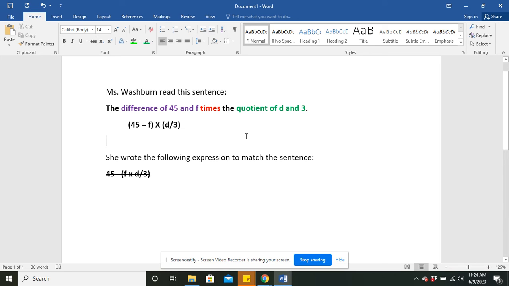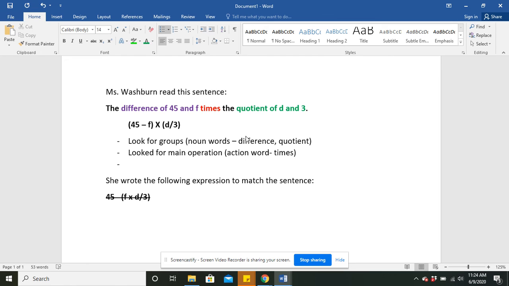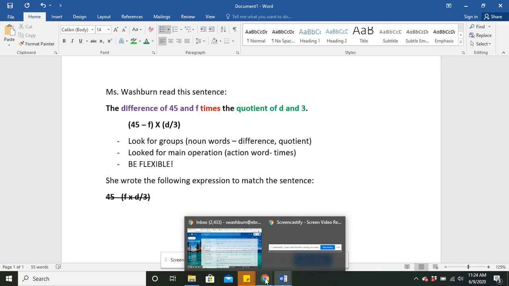What I chose to do in this particular example is look for groups. And one of the ways I looked for groups was notice noun words like difference and quotient. Then I also looked for the main operation by looking for an action word like times. This does not always work, and so the biggest thing to keep in mind is that we want to be flexible when we're interpreting our sentences to make the operation